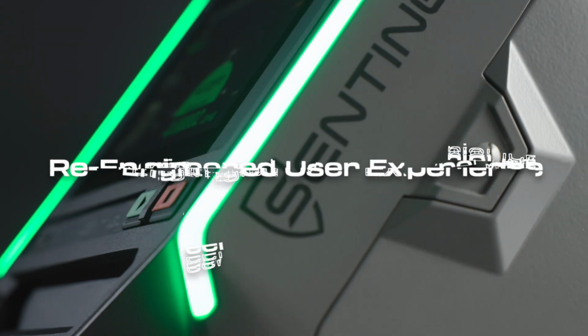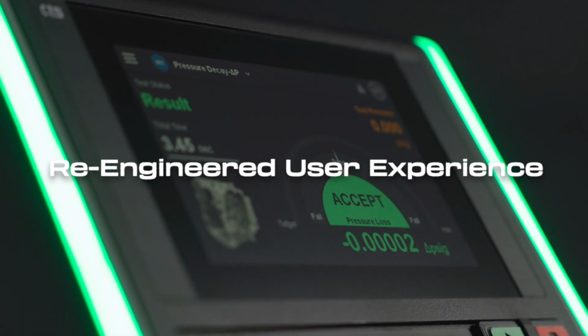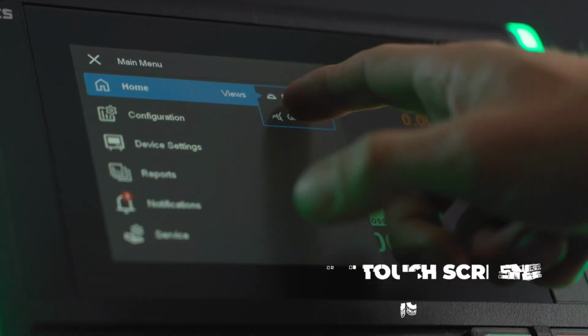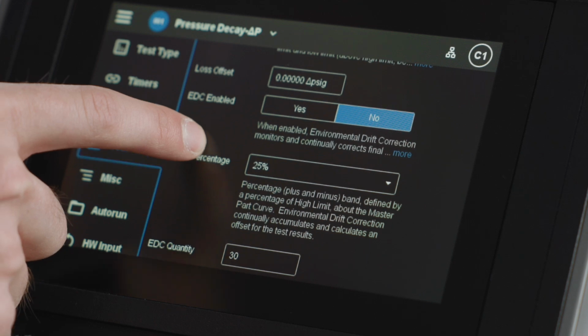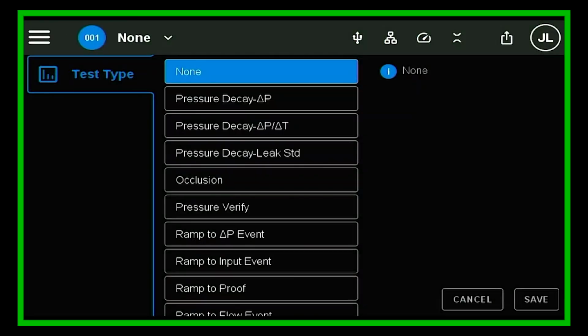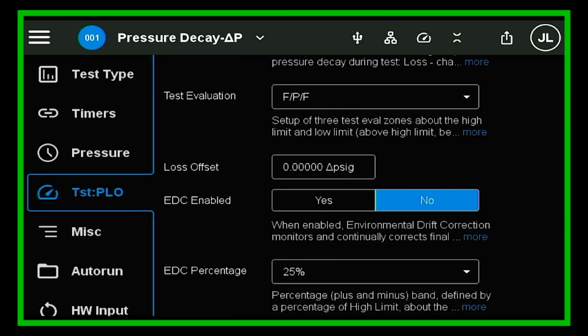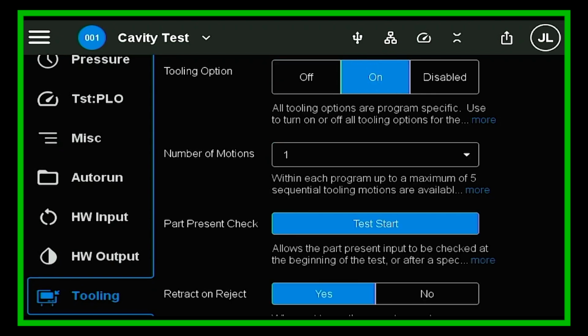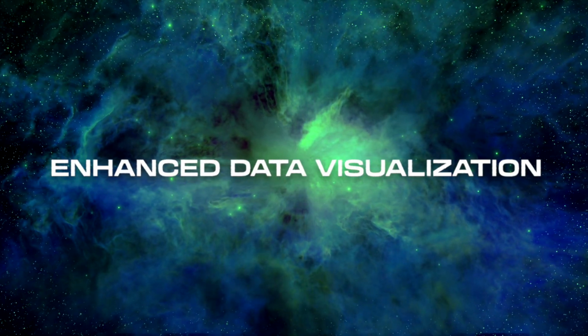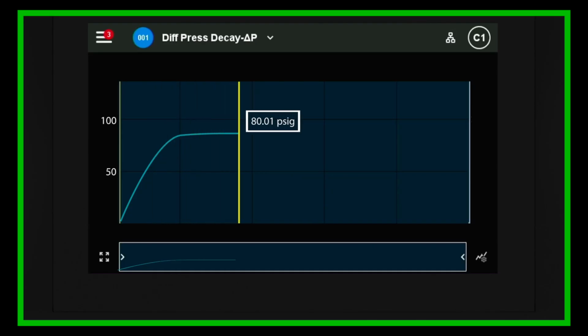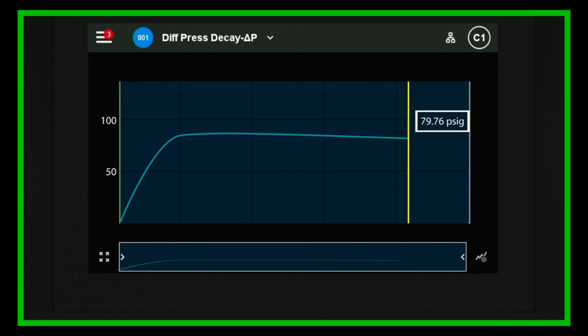Explore the future of leak detection with smooth and responsive touch interactions like never before, enhancing your productivity and making navigation a breeze. With a re-engineered user experience, the Sentinel IX5 makes leak testing faster, easier, and more intuitive than ever. Gain clear insights with real-time data stream visualization and graphical tools, allowing you to monitor and analyze data dynamically